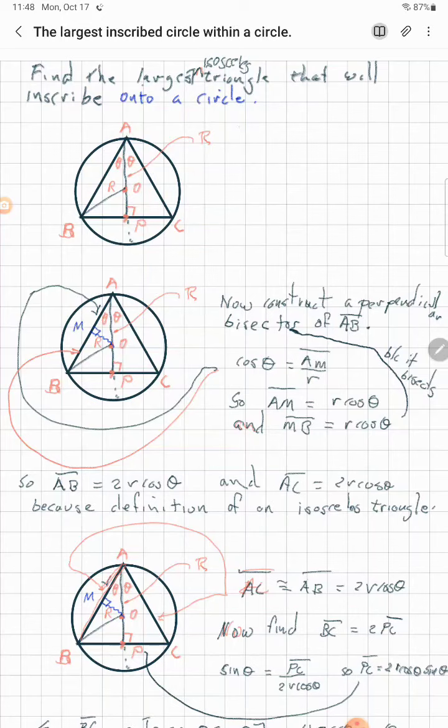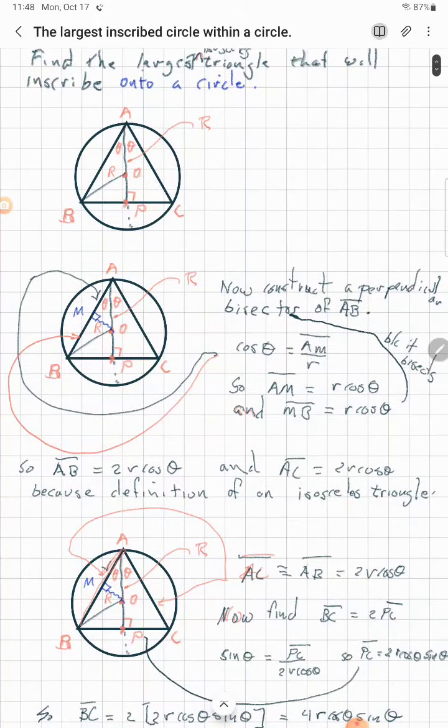So here I put a circle and then I put a triangle, and then you can see I dropped this main diagonal here. It's called a bisector. That splits the angle into theta and theta. And so you can see that in the way it's bisected this line, PC is congruent to BP. And so what we're going to do is, first of all, we know that from this point here,